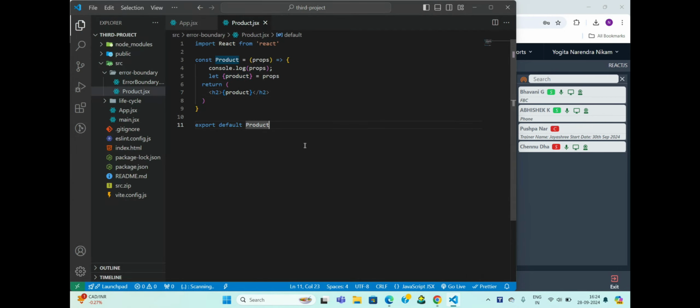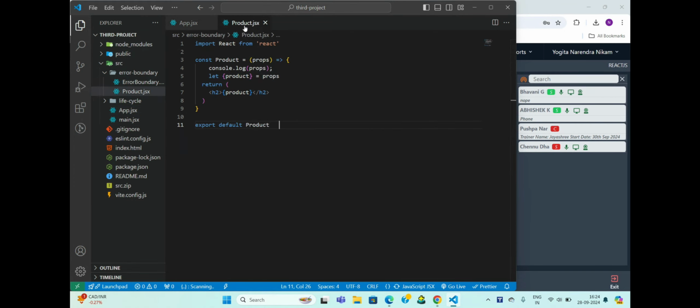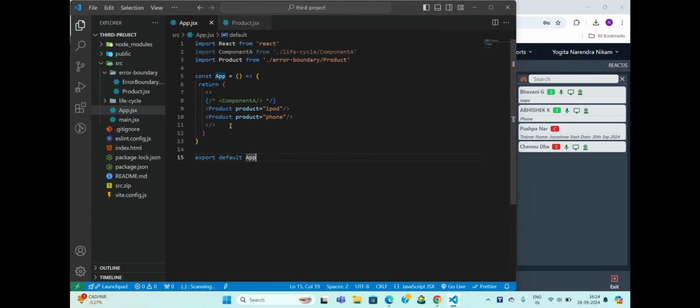Anything new here? Anything you find difficult till here? Everything we have seen, right? These things we have already done when we studied long back regarding props. I have made a product component, and I have just rendered it by sending two different props to it. I have reused the same component. Now the point is, why did I make this?